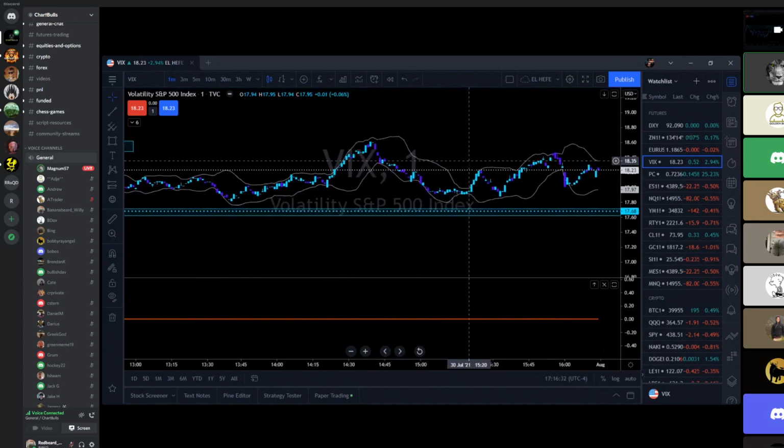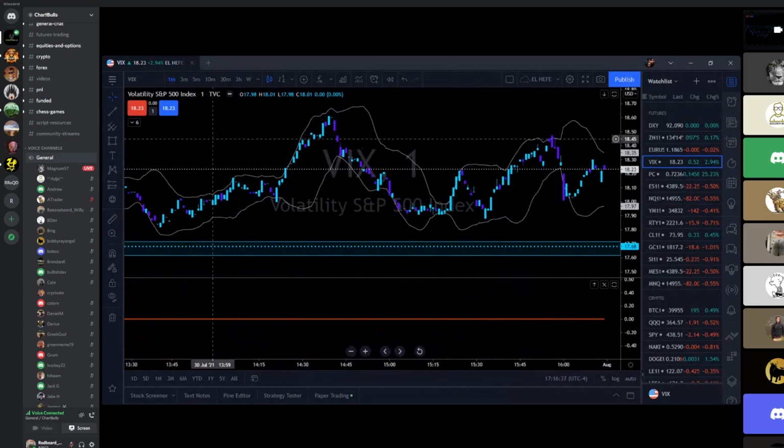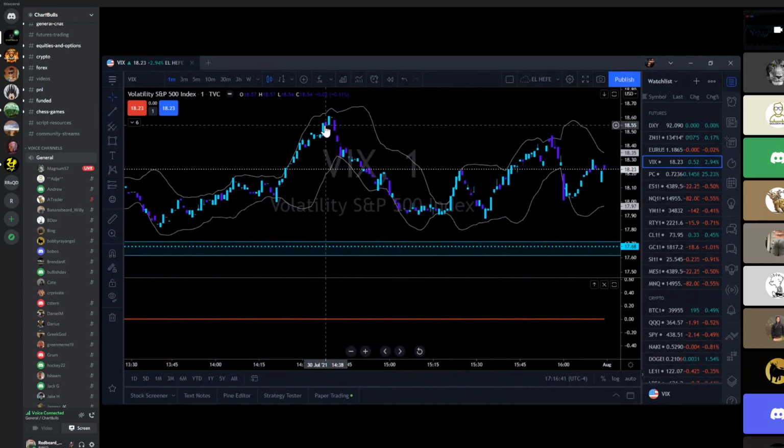So see how this thing works right here? That's a pretty good example. So we rode the band, right? All the way up, pulled back, made a higher high, nothing. So you'd go back to the last one that actually punctured the band. And if you just put a line right here,